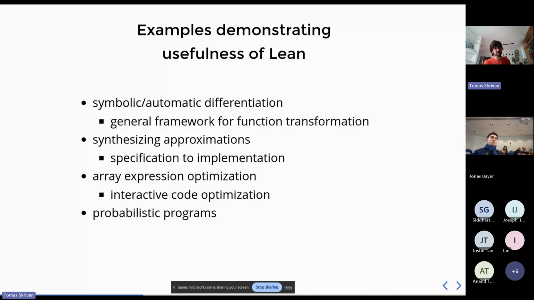Then the next step will be optimizing array expressions. In machine learning right now, you write down a bunch of tensor contractions or convolutions and stuff like that, and quite often you want to optimize these things. So either you write them in excruciating detail how you do everything, or you write the naive implementation and then you turn it into something more